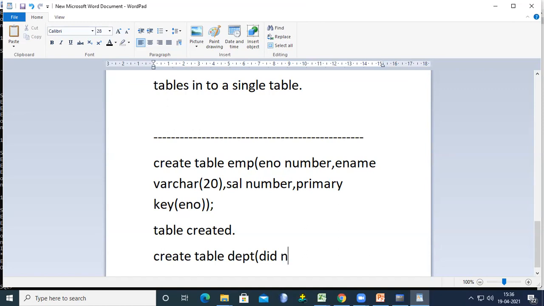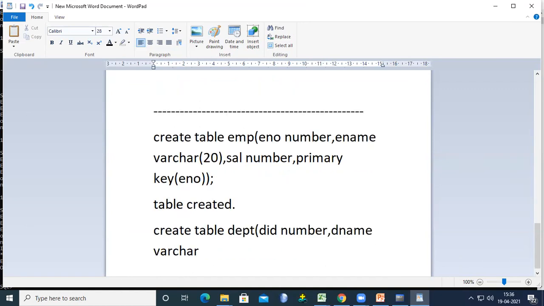For example, here I'm considering number. Another field, department name, varchar of 20. Now we are creating one attribute for the foreign key, so the name is EID, number.